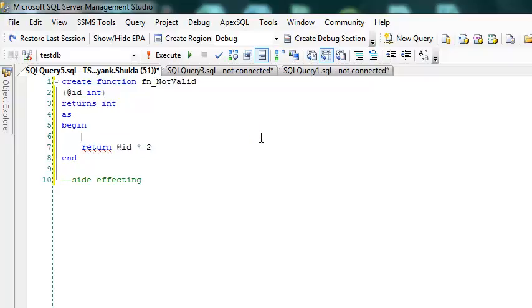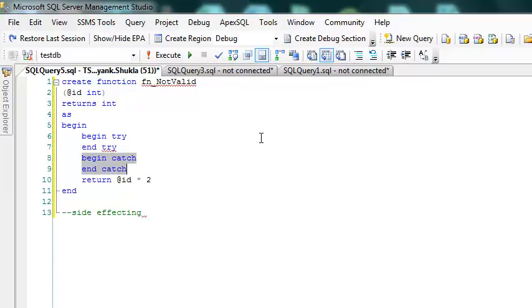Now let me use try catch. And you can see some red marks started coming up.